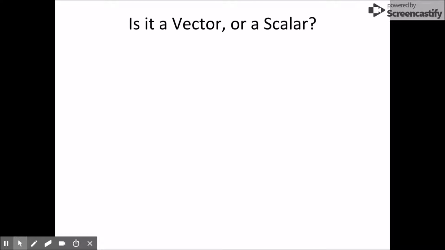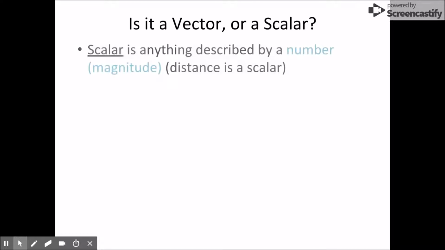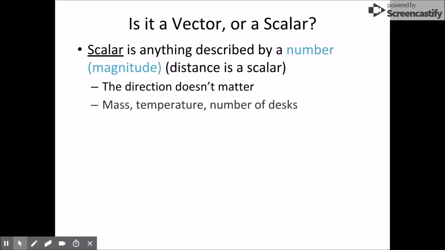So let's discuss whether or not something is a vector or a scalar. A scalar is anything described by a number. We call this number the magnitude. Distance in particular is a scalar. The direction does not matter. It doesn't matter which direction we go with all those boxes, just that we traveled them. Mass, temperature, number of desks, these things are scalars. It wouldn't make any sense to say I have 35 desks to the left, or I have 100 degrees outside